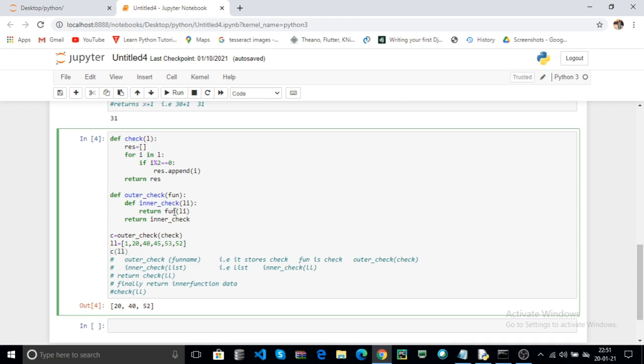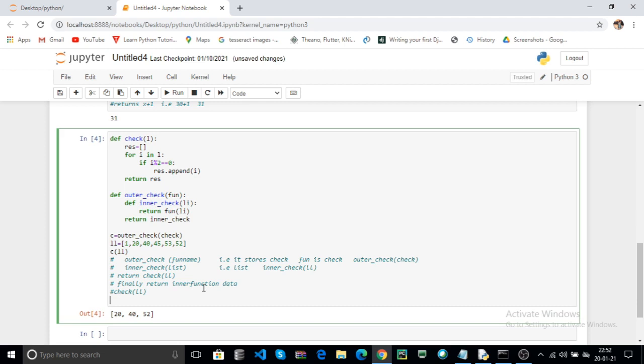The c of ll means your res list is returned, because we return your inner check. Inner check contains your list. The inner function returns your check of li, and your check of li returns your res list.